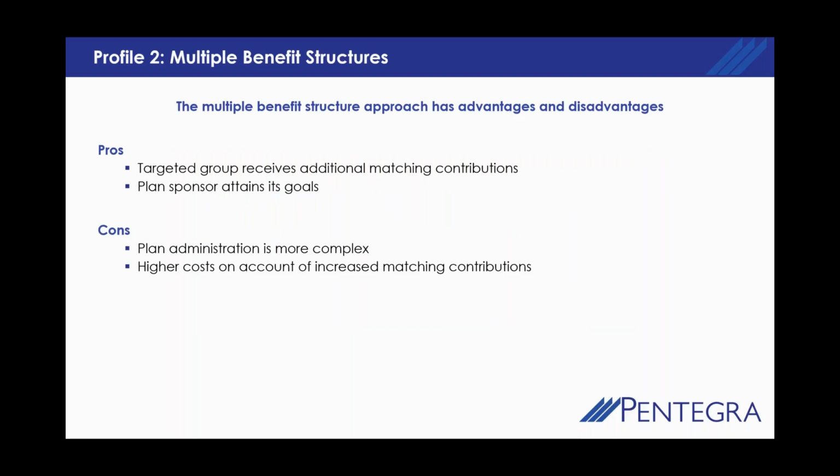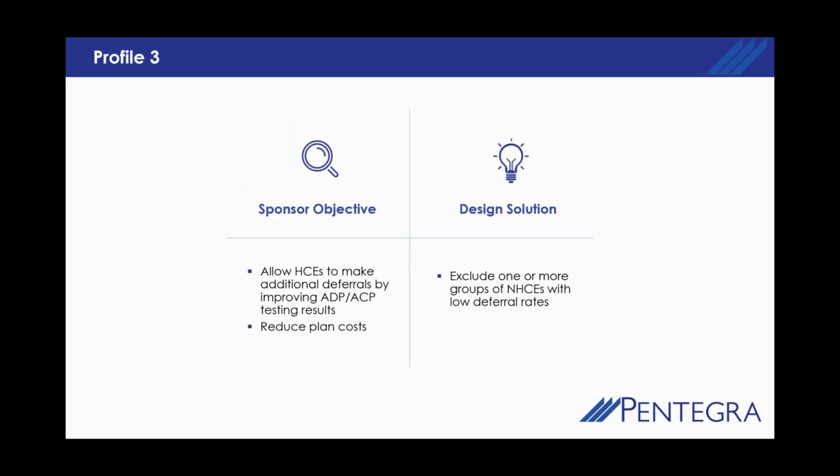So the approach, we can have targeted groups, right? And we can have multiple groups. It doesn't have to be two. We can have multiple groups and target specific matching contributions for each group that meets that sponsor's goals. The cons are it will be a more complex plan design, so it can drive up administration costs. And of course, it would require the employer to be contributing more to anybody that they've increased that match for. So again, nothing's purely black and white. It's a discussion of pros and cons, and which is the better and more important feature for the employer.